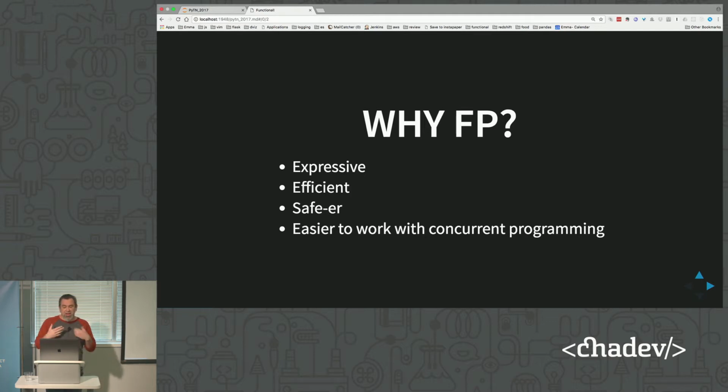And it's a lot easier to work with concurrent programming, which is becoming more and more of a necessity as we build out multiple cores in our machines and we try to work across machines and things like that. So there really are a lot of benefits to functional programming. It is not just a buzzword, and it's not just like, oh, let's try something new. There are some valid reasons for using functional programming.